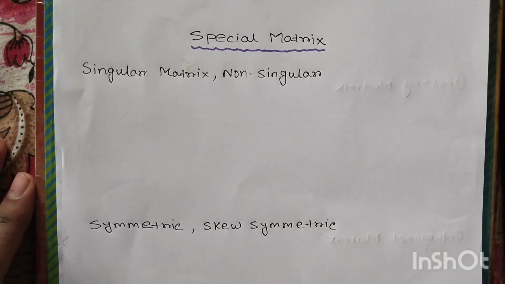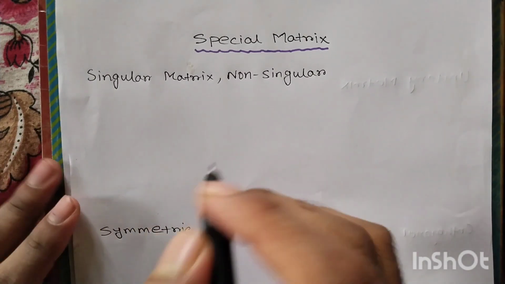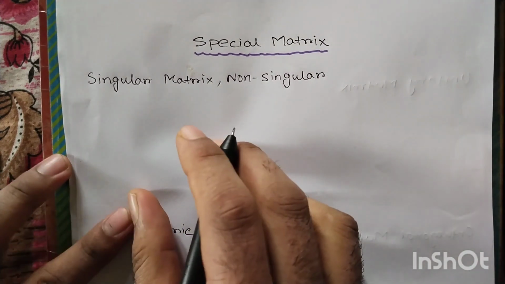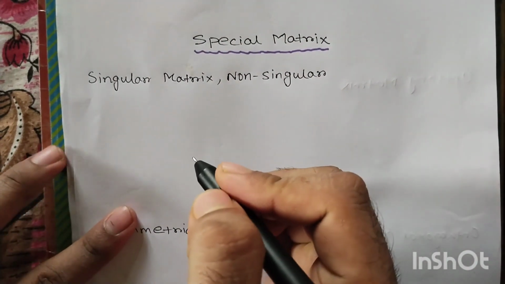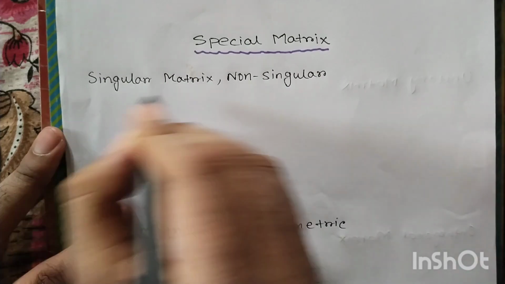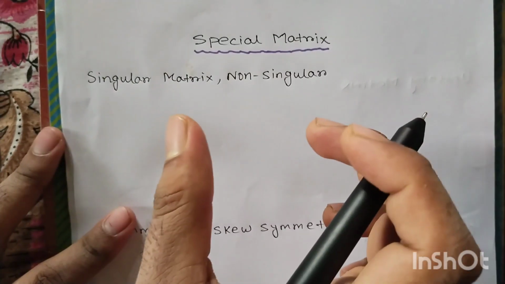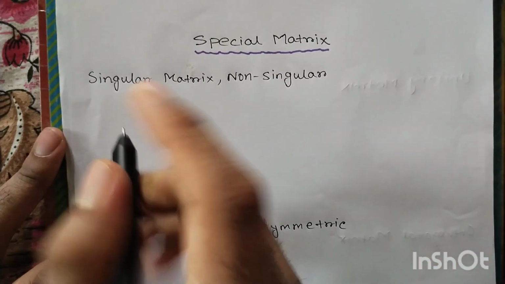Hello students, today I am going to discuss the special matrices in linear algebra. First I discuss the singular matrix. A matrix is called singular if the determinant is 0. Okay,